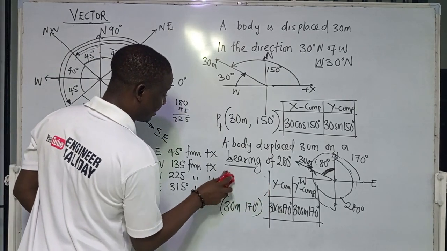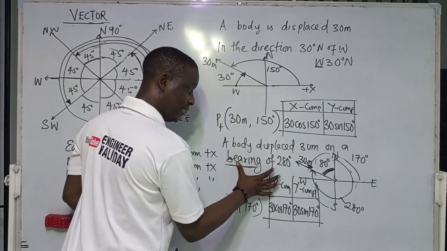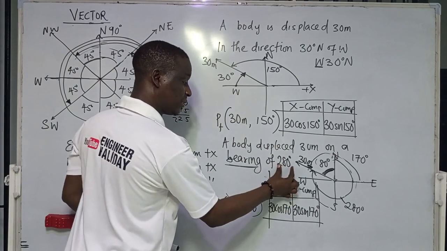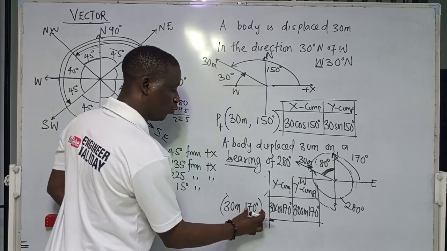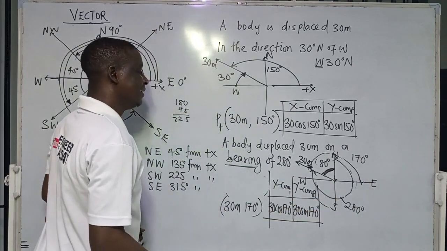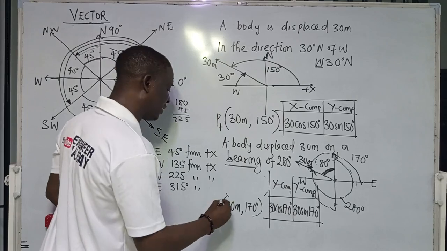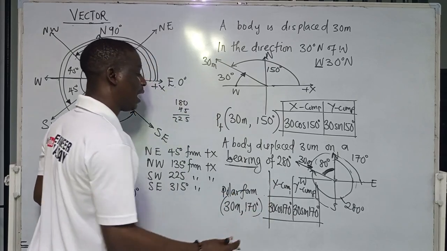And don't forget that you first have to convert the bearing angle, which is 280 from the north, to the vector angle, which is 170 from the east anti-clockwise. This is polar form. Then before you now